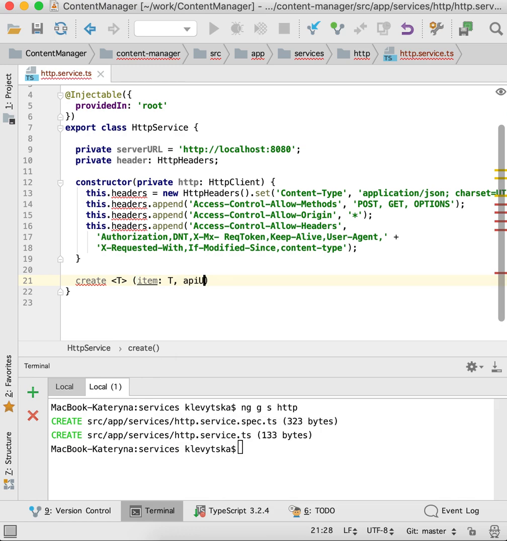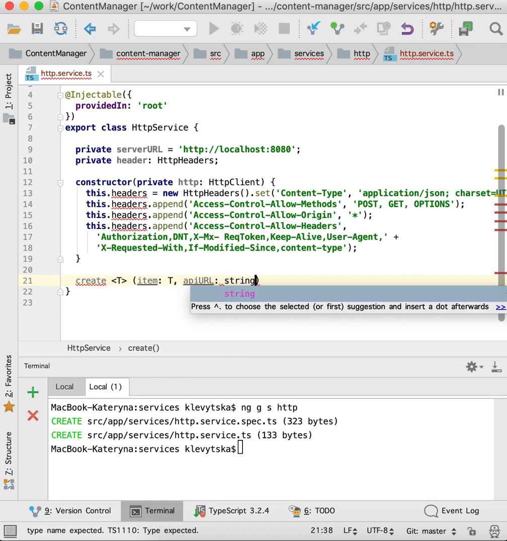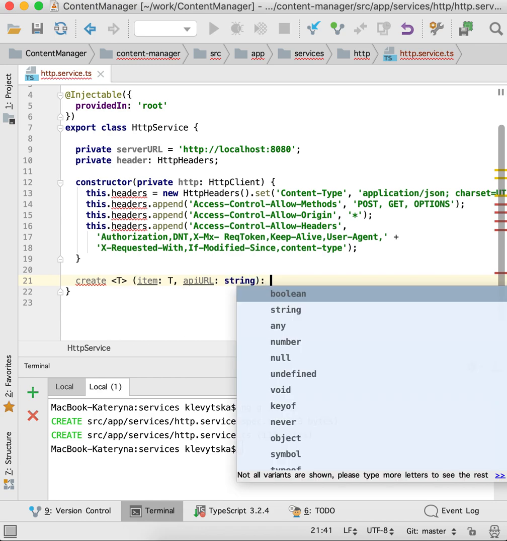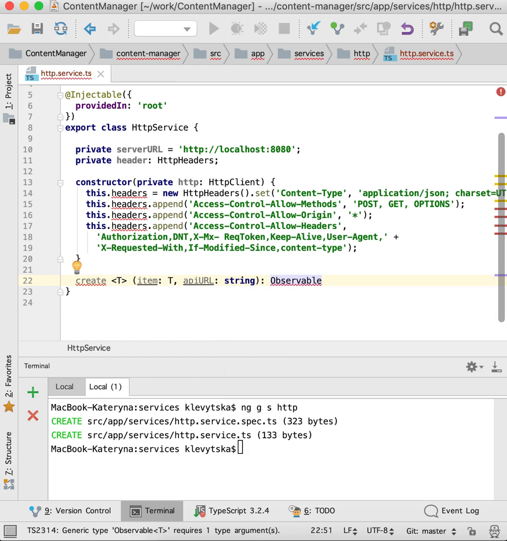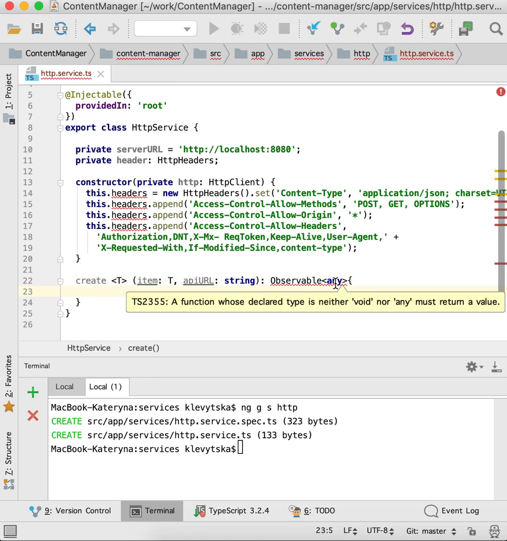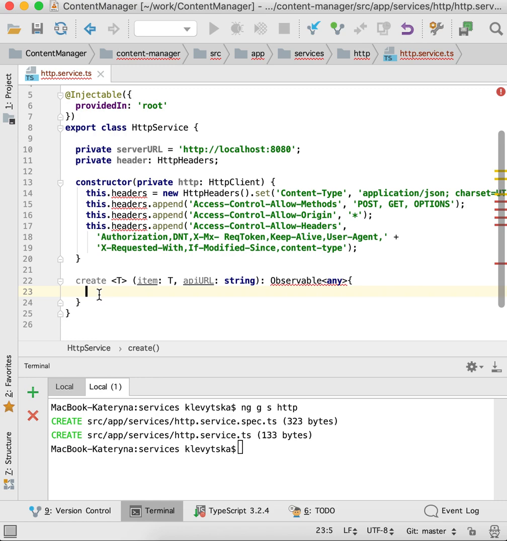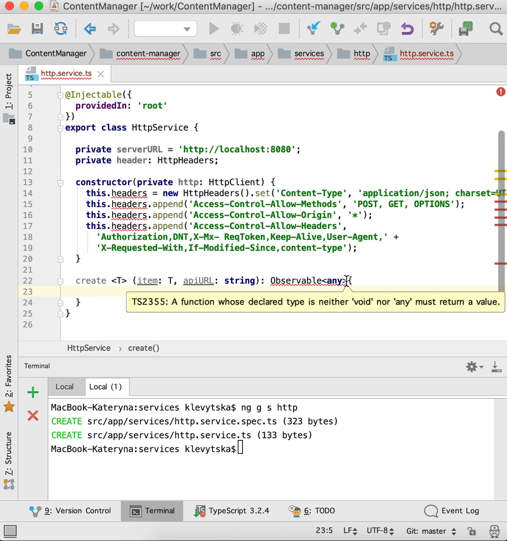Next, API URL, because it could change depending on what we are going to create. API URL has type string, and in any HTTP request we will return an observable object. At the moment I don't know what the server returns. It could be objects, it could be an array of objects, it could be a response with some error code. So I put type any here,